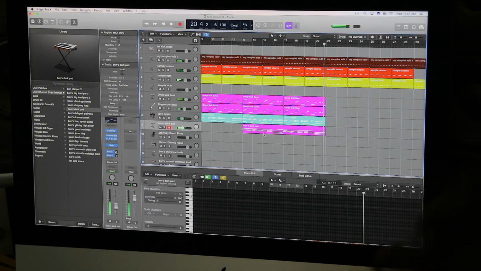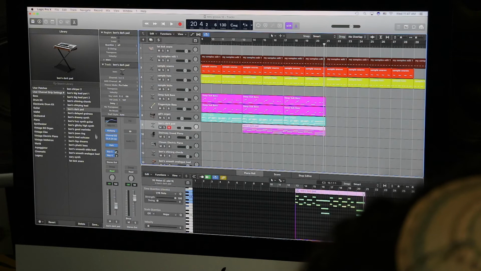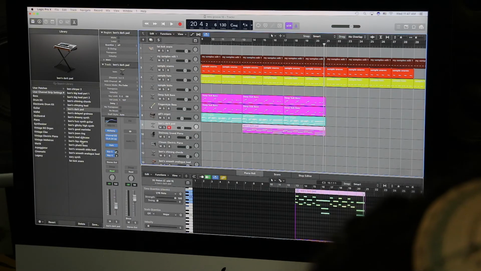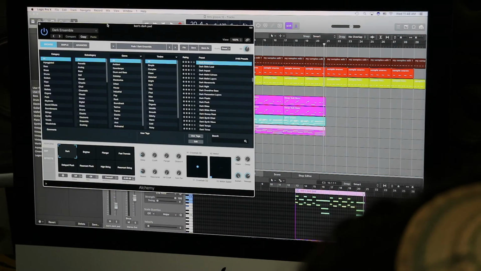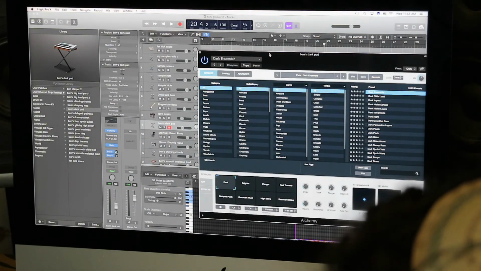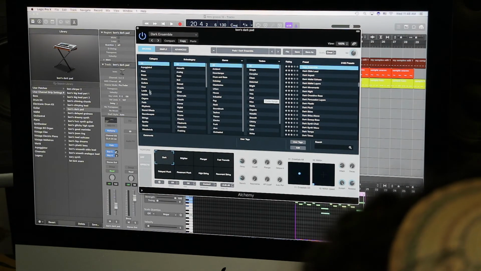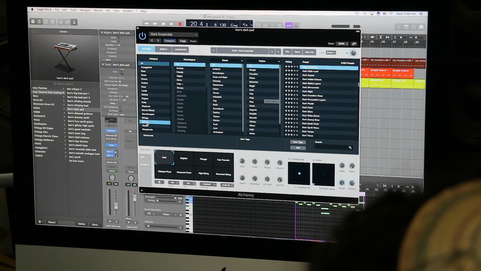I don't know. It's too dark. I'm not feeling it. So let's think what else we can do. I want to get some sort of nice... Here, let's try it. Let's just open up Alchemy and see what happens. Maybe I'll take off this channel settings. Got a compressor and EQ on it. Here, let's think. We want something like synths.